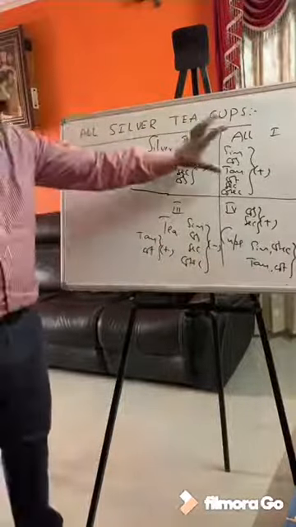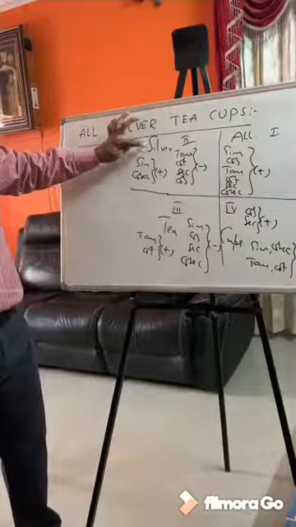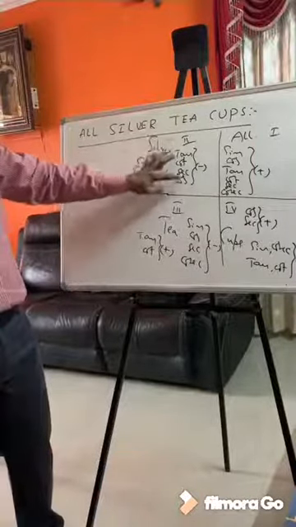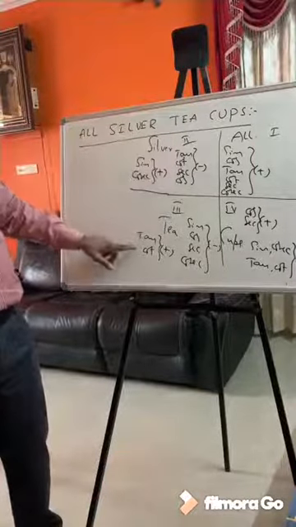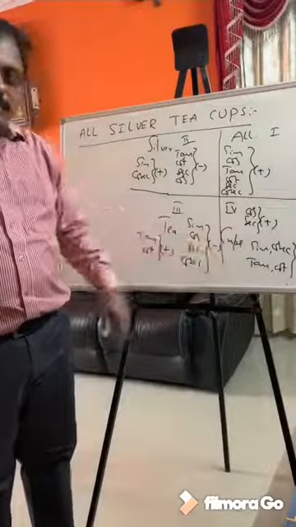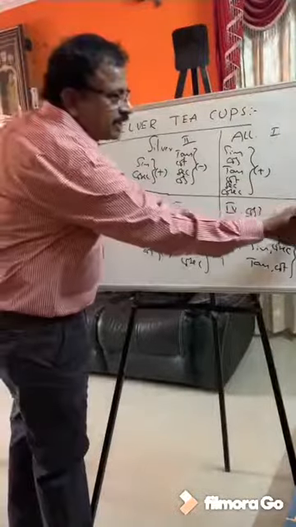So we need to understand all means all are positive, all trigonometric ratios. Silver means first letter S, so sine, cosec, these 2 positive, remaining 4 negative. T means tan, cot, positive, remaining 4 negative. Cups means cos, secant, positive, remaining 4 negative. Here, please observe, we'll start from here.